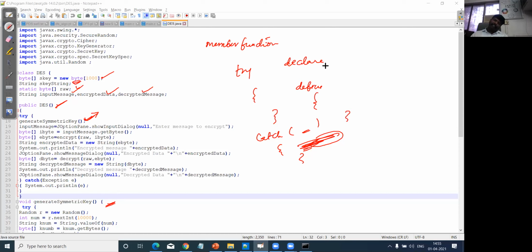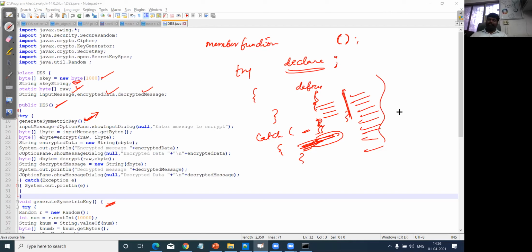Declare is a single statement where you just declare, like how you declare variables. Similarly, you can declare the member function followed by the parenthesis. When we write the detailed content, all of this comes under the definition. In the member function definition, you will write a list of code with the help of which you will execute all the operations relevant to this member function that you declared in the previous step. Is it clear?